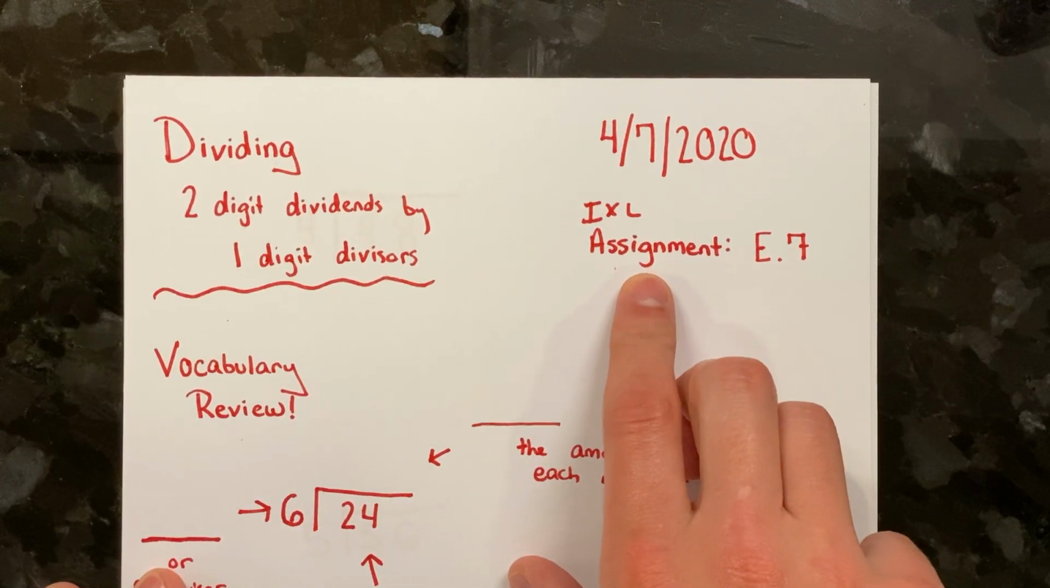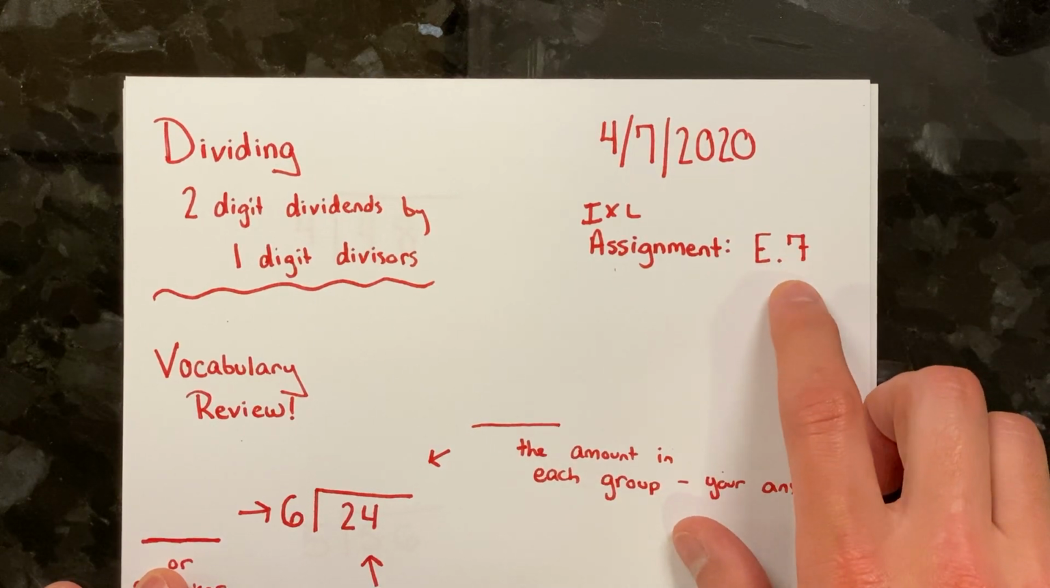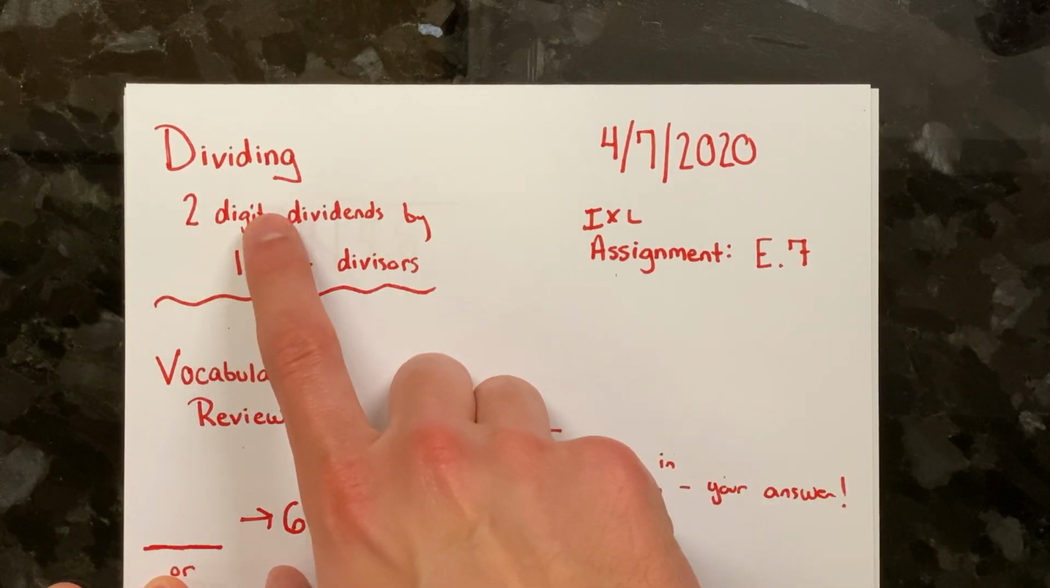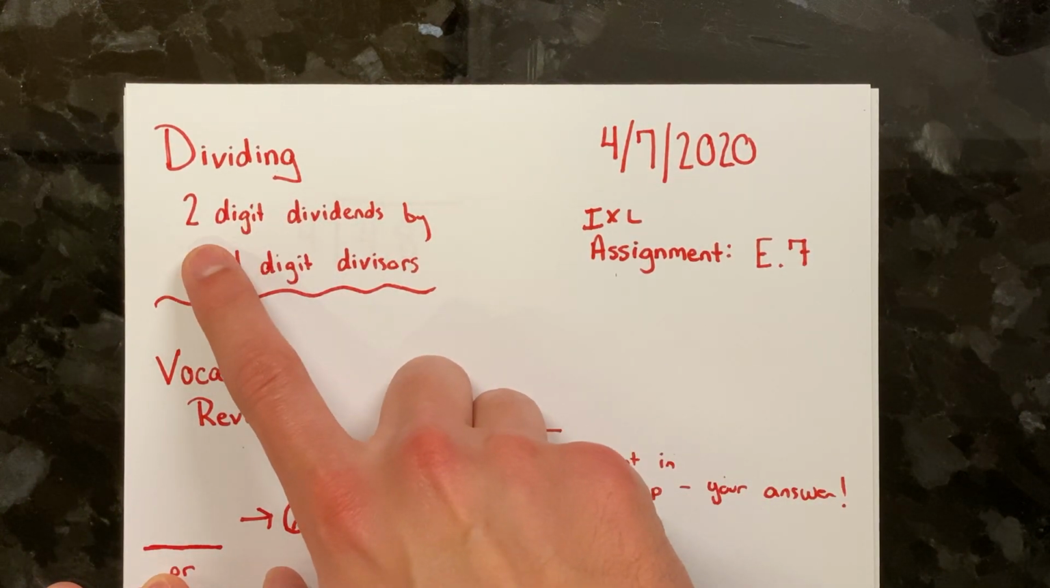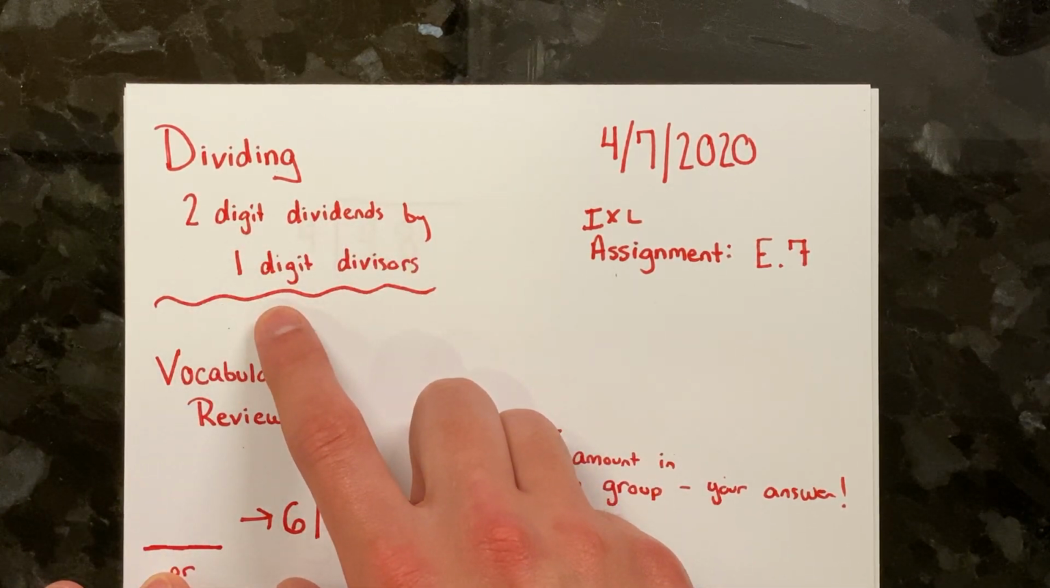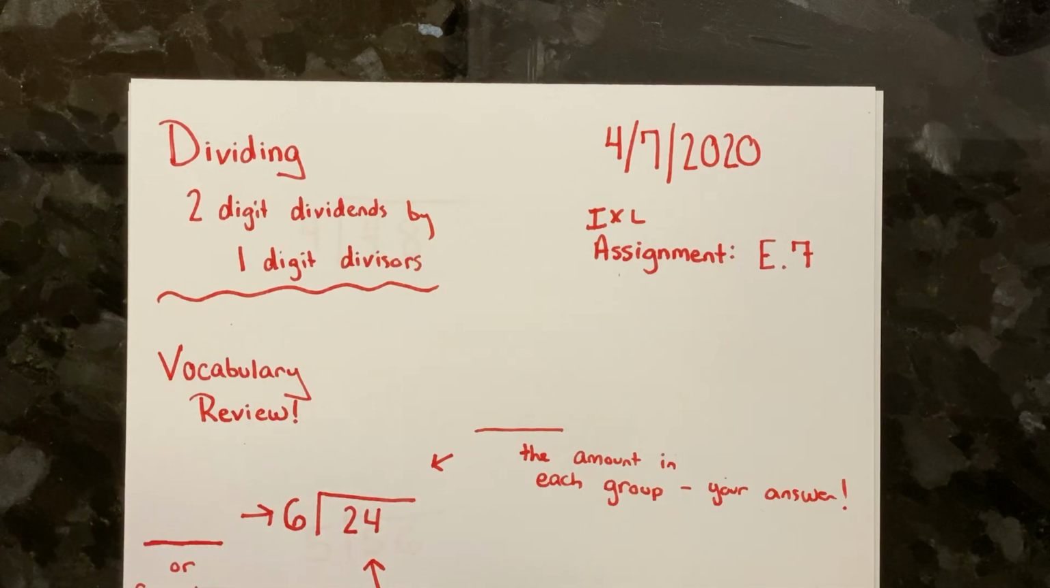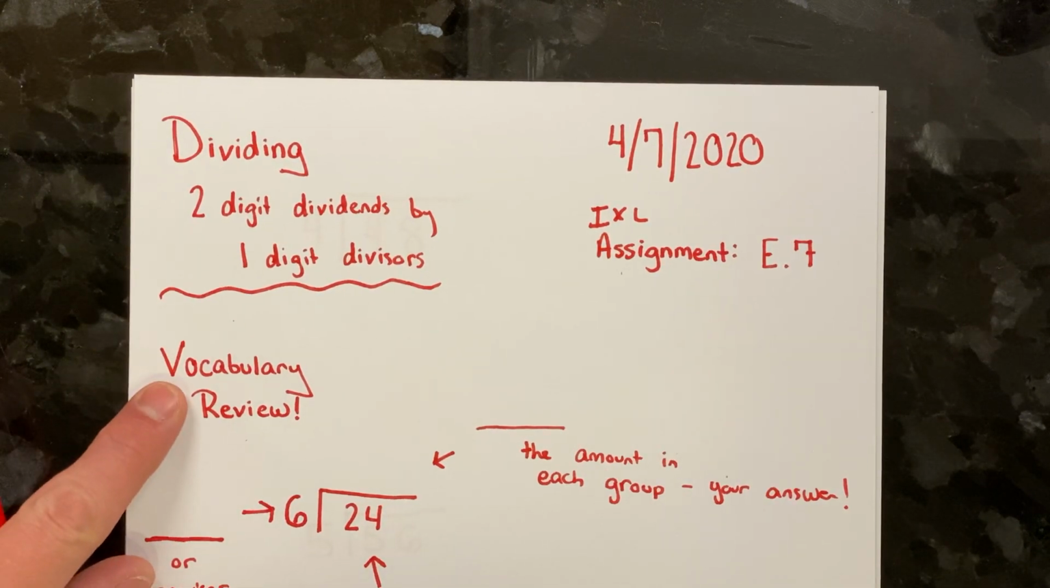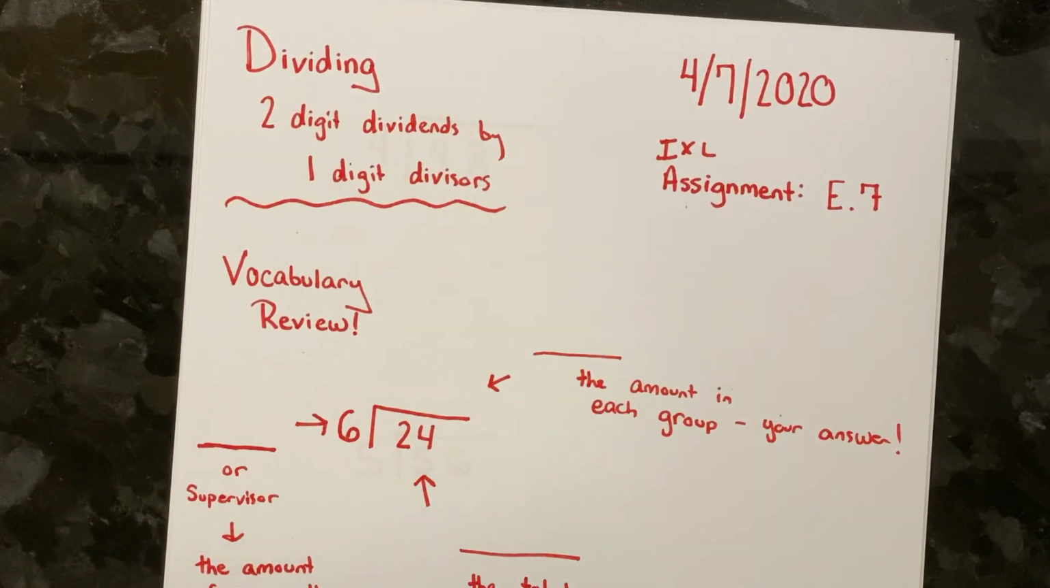When you're finished here today, your IXL assignment is going to be E7. And we're going to continue our conversation here with dividing, with 2-digit dividends being divided by a 1-digit divisor. Before we can begin, I want to make sure that we have a little recap on the vocabulary